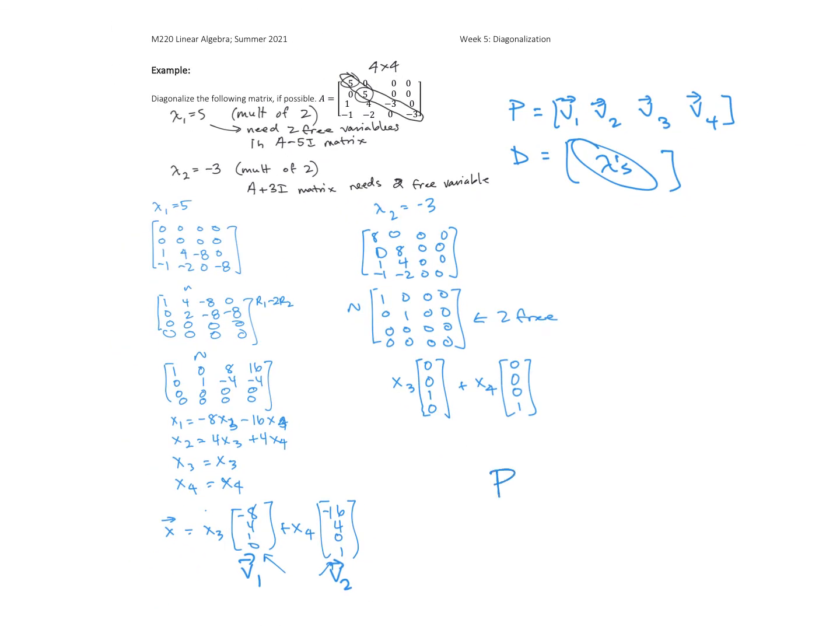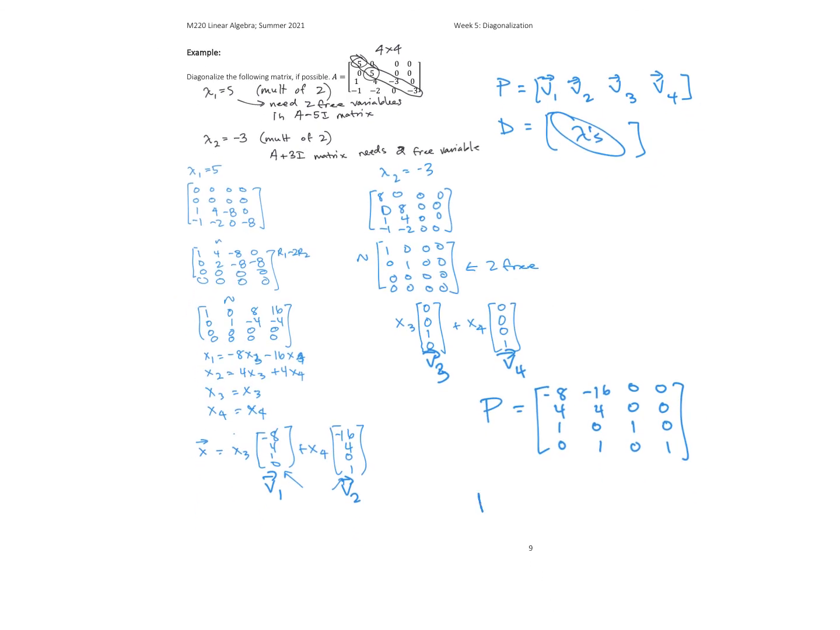So that means that our P matrix is going to be, and we'll make that be 3, that one be 4. And again, it doesn't matter. We can put those in any order as long as our D matrix also matches up. So our diagonalization here for P, I'm going to have my negative 8, 4, 1, 0, negative 16, 4, 0, 1, 0, 0, 1, 0, 0, 0, 0, 1. And again, I can put those in any order I like. It does not matter, as long as when I design D,